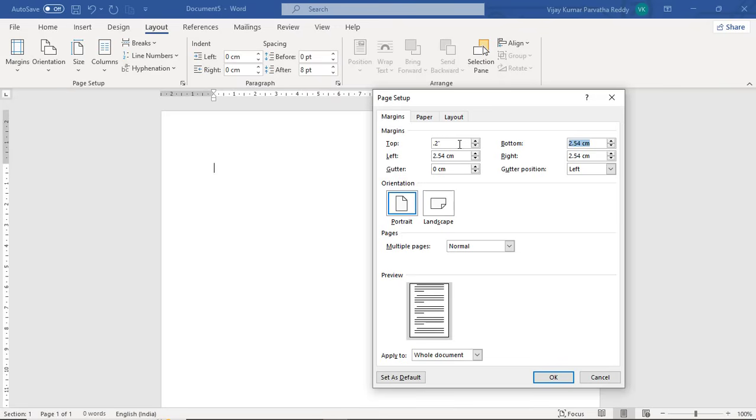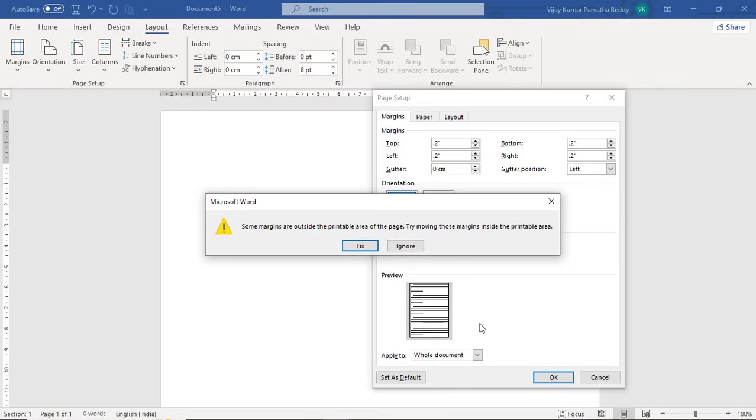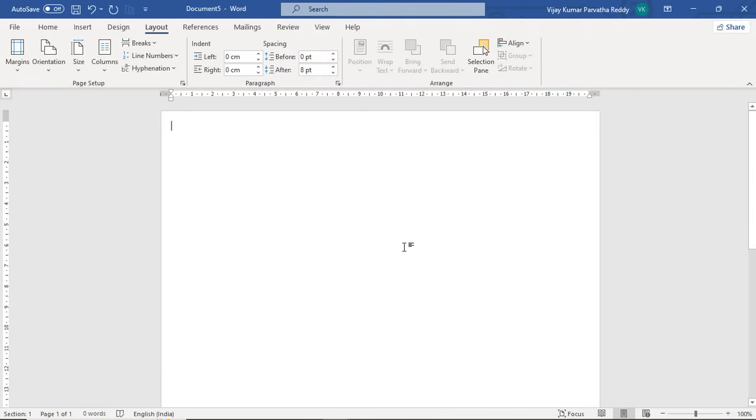You can even measure with centimeters also. I am giving inches, 0.2 inches, not 2, 0.2 inches I am giving. Finally, set OK. It is asking to fix, say ignore. Margins I set up,